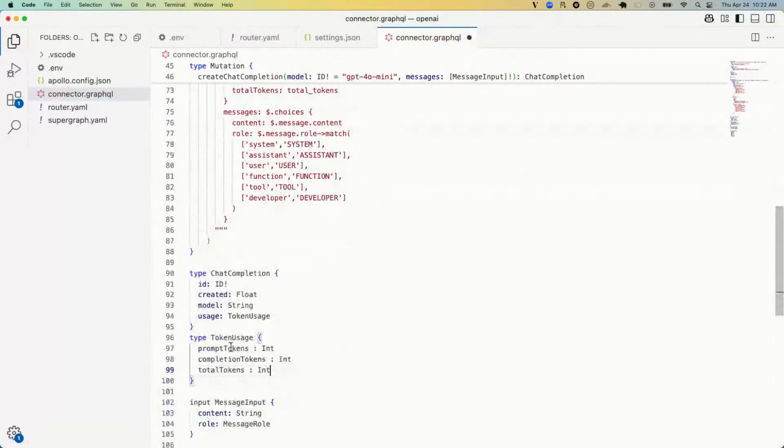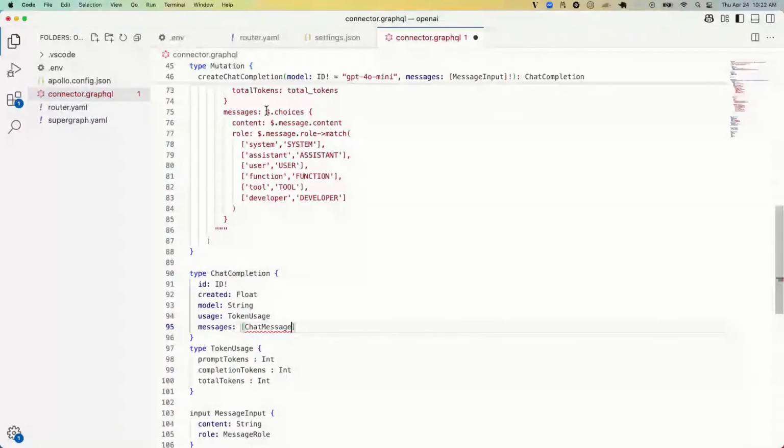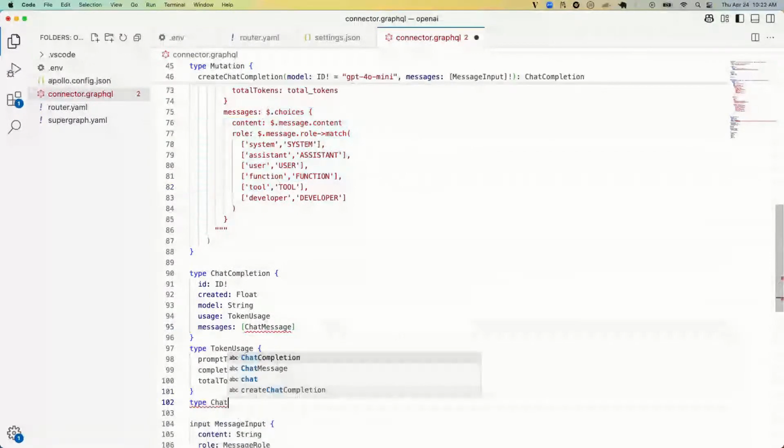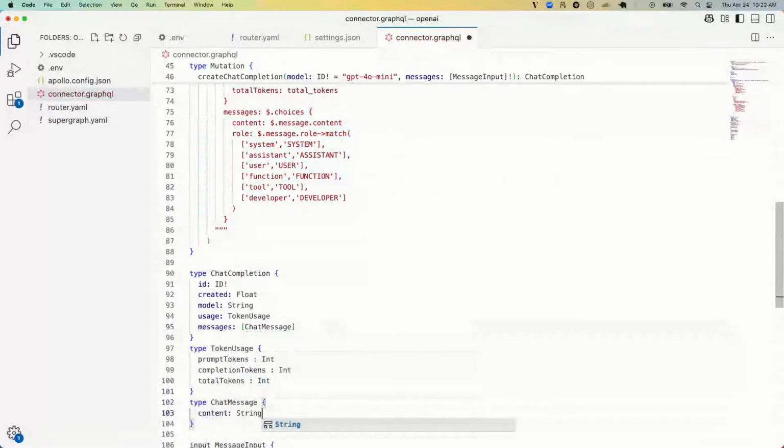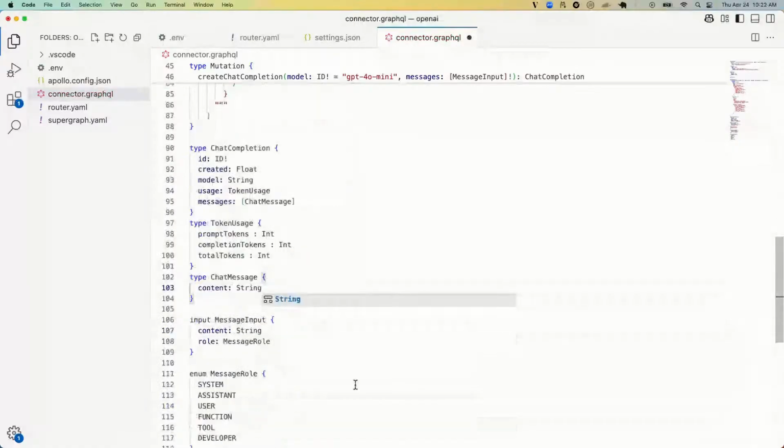And then the last thing we need to have is these messages, right? And so we have messages, and that's a set of chat messages. So we just need to create the messages, which has that content and that role, right? So we have type chat message. We have our content, which is that string. And then we have that role, which is